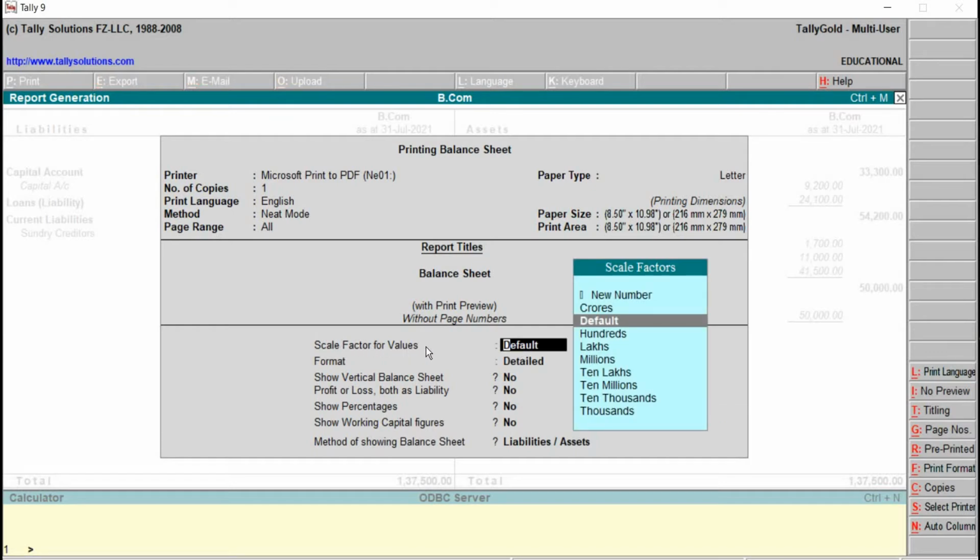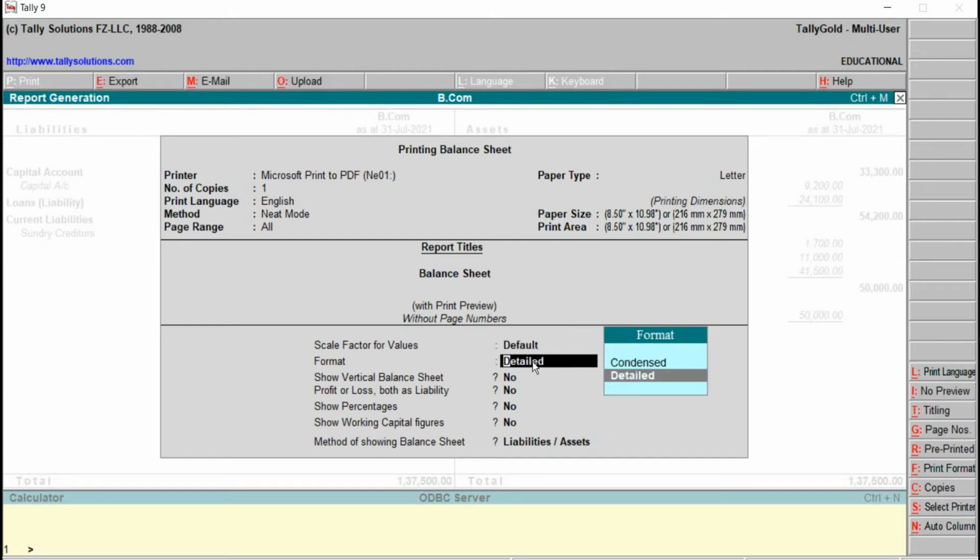Scale factor for values, default. This can be set even for lakhs or even for millions. Okay, select default. Format, detailed one or condensed mode. Let's go for the detailed one. Whether we want to display this in vertical format.